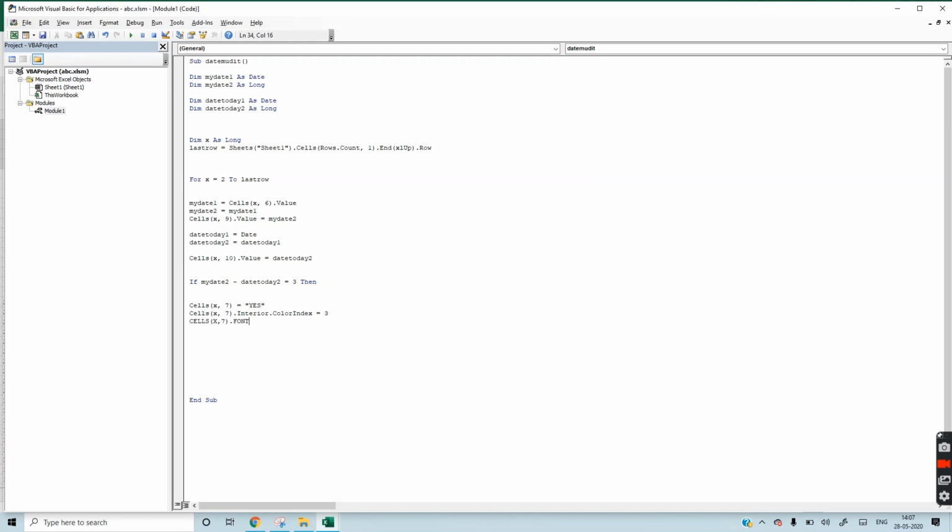We are changing the font color also, which is white.